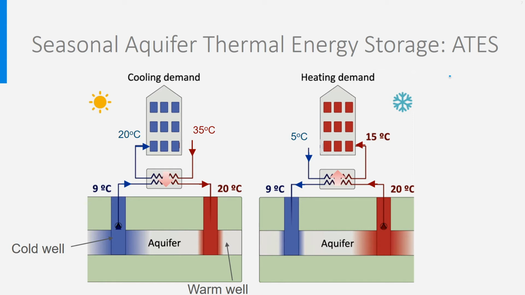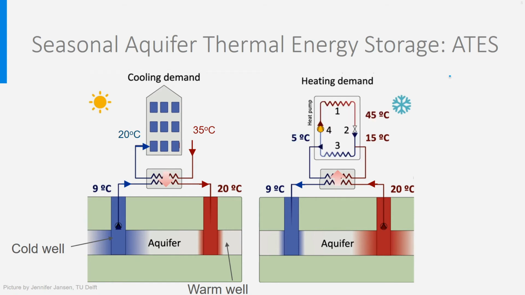Be aware that these systems in fact do not even use the heat from the ground. They just store cold and heat from the building and the outdoor air. And last but not least, an even better system is to use the warm aquifer water as a heat source for a heat pump. Because the heat source now has a very high temperature, the COP will be high too. Typical COPs for these systems in the Netherlands are around 6 to 8.